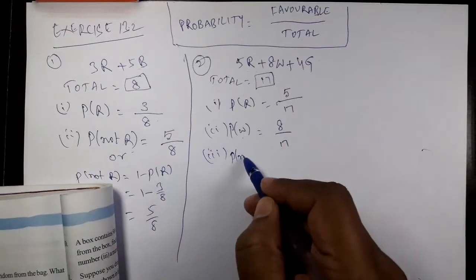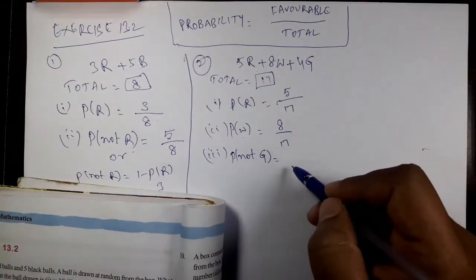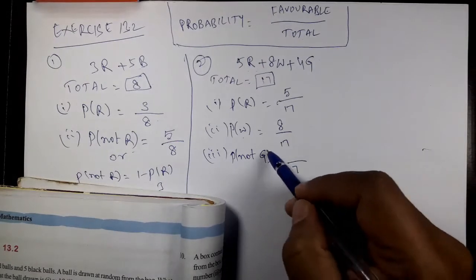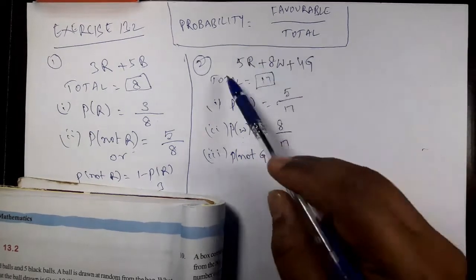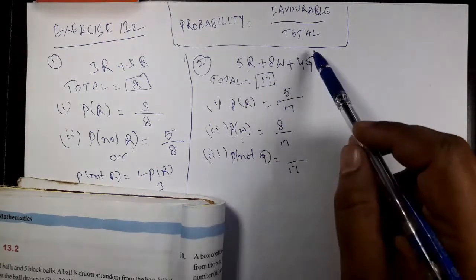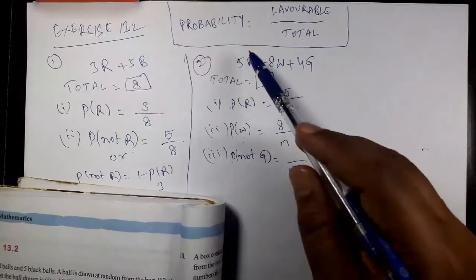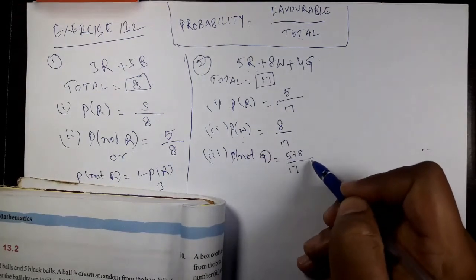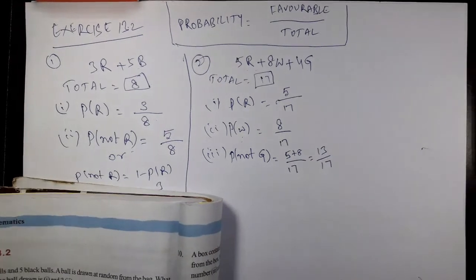Coming to third question. Third one is not green. Probability for getting not green. See, coming to denominator, total is 17. Coming to numerator, favorable for this event. What is this event? Event of getting not green. How many of the 17 are not green? You tell me. You are supposed to leave these 4 because they are green. All the remaining ones are not green. That is 5 plus 8 are favorable. That's all. 5 plus 8 is 13. 13 by 17 is the answer.